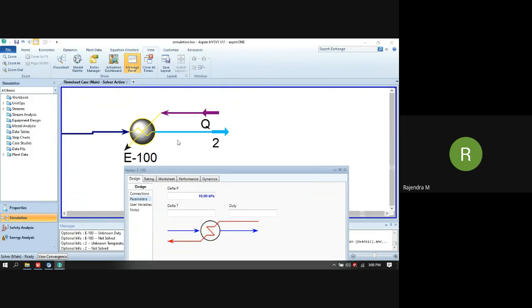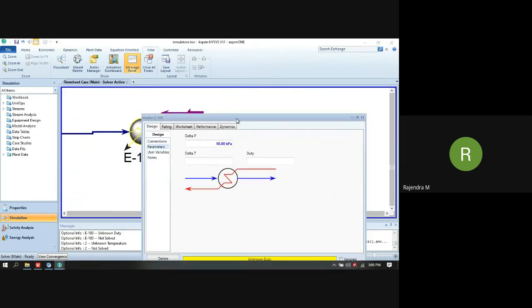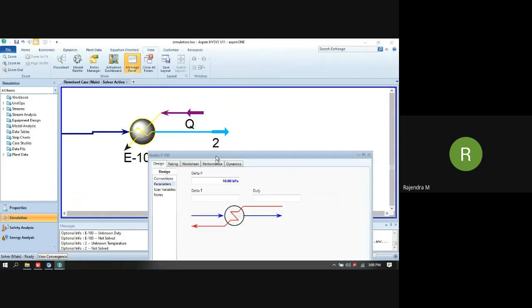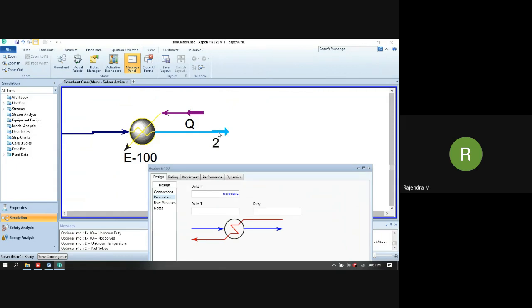In order to do that, I can provide the delta T, I can provide the outgoing stream temperature, or I can provide the duty also. By using any of these three specifications, I can let this heater get converged.